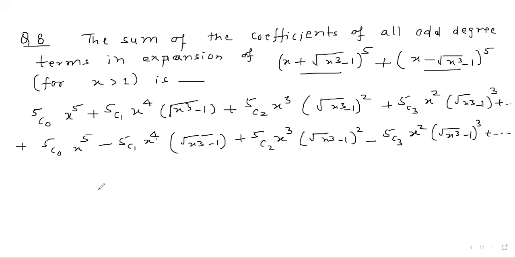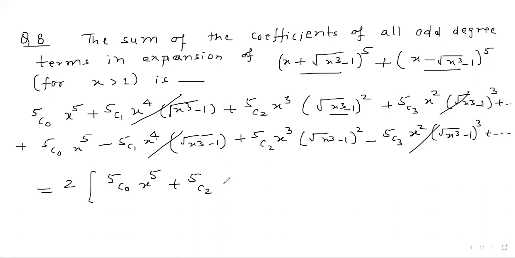That's two more terms. On addition, what do we observe? This term, similarly this term, will cancel out. Only 5C0 x power 5, 5C2 x power 3, similarly 5C4 x power 1 term will be left. So we write it as twice of 5C0 x power 5 plus 5C2 x cube, and here